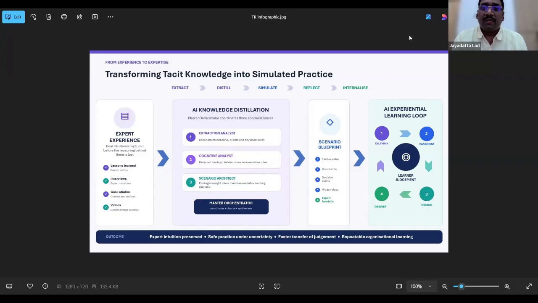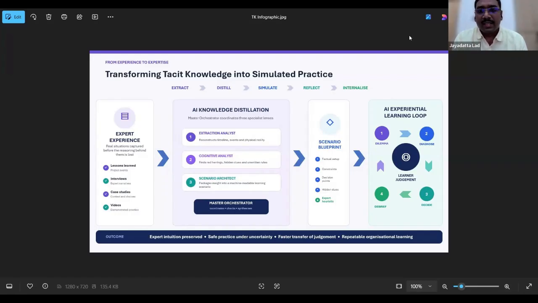The thought process then went to saying that if I want them to internalize and reflect, is there a way in which I can simulate the environment for the learner, wherein I get him to feel the exact same things which the expert felt when he took certain decisions, simulate the scenario for him, make him think through the scenario, and then from that basis, get him to reflect on the key takeaway. So that was one part: how do I simulate the scenario for him? The second is, how do I generate the scenario in the first place?